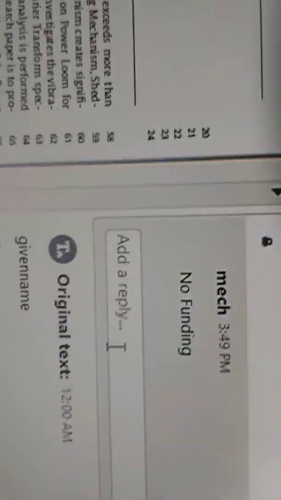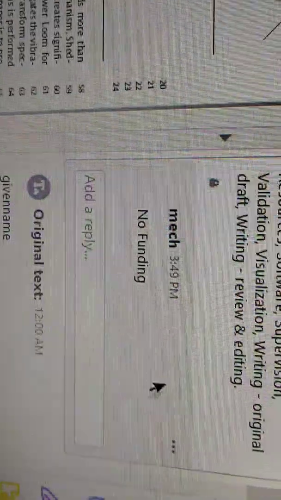Okay, you can write it as "no funding" if there is none. Whatever the information is, you have to provide it. Otherwise, you can write it in an Excel sheet and attach it, or paste it. Or you write it in a separate Word file and copy and paste it. That is also one of the methods.